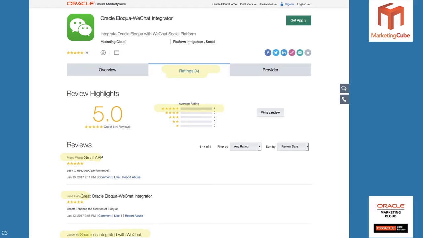I had an interesting scenario just to give you an idea of how beneficial some of the apps can be. We had a demo with a potential client a few weeks ago here in Sydney, and just as part of the process, we showed them the marketplace and started to navigate around, just to give them a little bit of an idea as to what was available. And all of a sudden there was this squeal from the back of the room. One of the girls had pointed out that there was an app available for Eloqua, which is an app that they currently use. That particular app, which I cannot remember the name of, is sort of an enterprise social tool for large organizations who want to encourage their staff to share marketing content